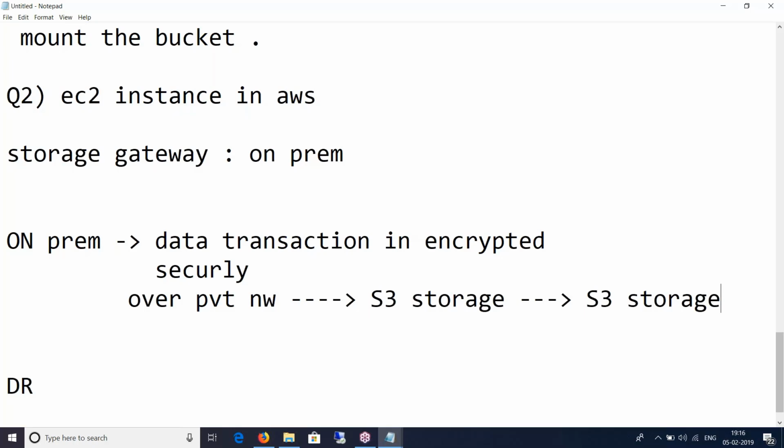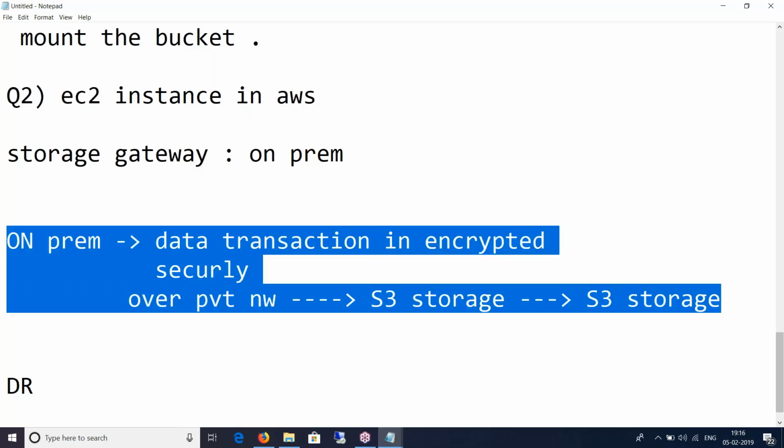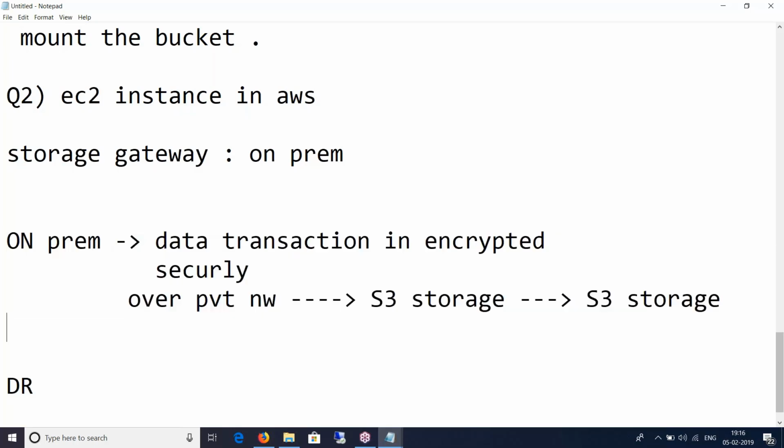In the next section, you will also see how we can improve the performance. So we are focusing on one pillar of the well-architected framework, which is resiliency, and this whole setup is creating a good amount of resiliency there. But if we configure it in a better way, you can also have better performance, which will then hit the second pillar of the well-architected framework, which is performance. But we haven't reached there yet.